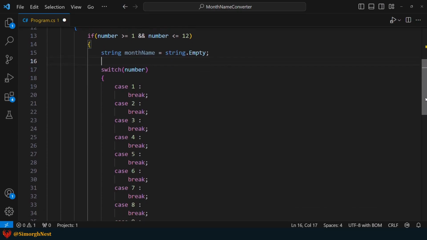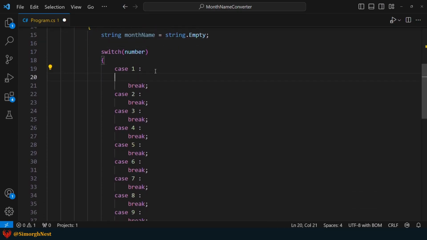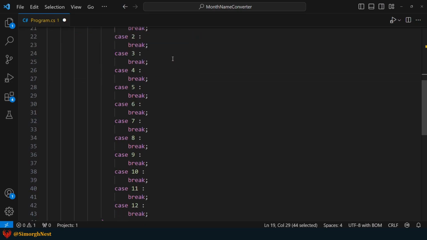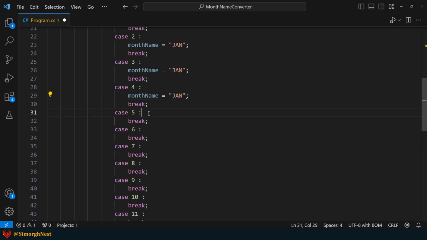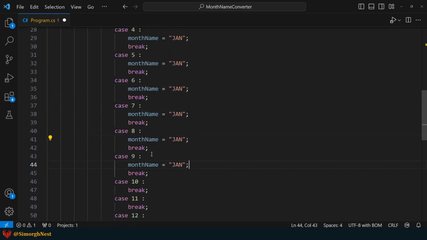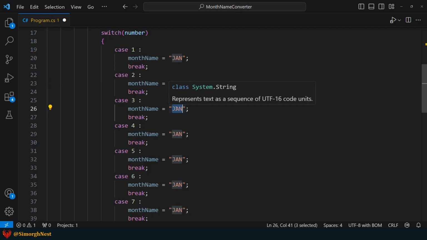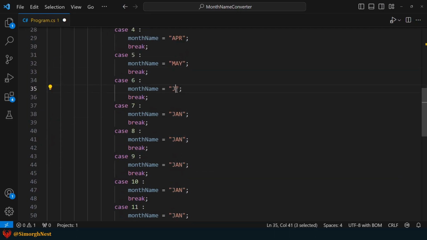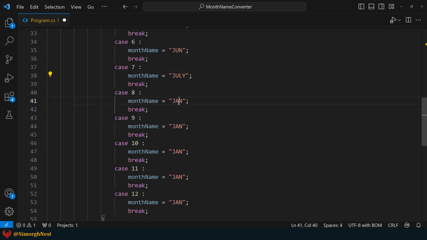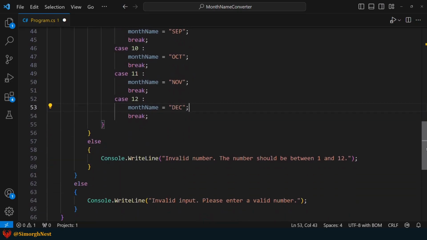Then, in each case, we can assign the corresponding month name to this variable. After that, let's display the month name variable in the terminal.